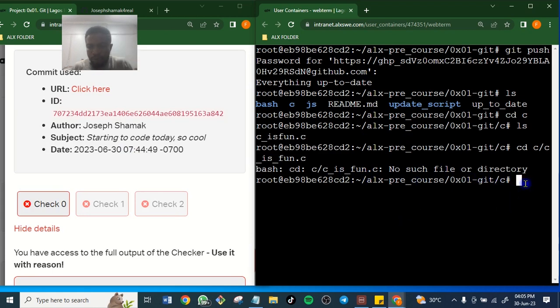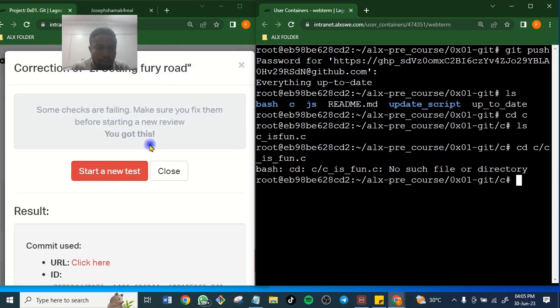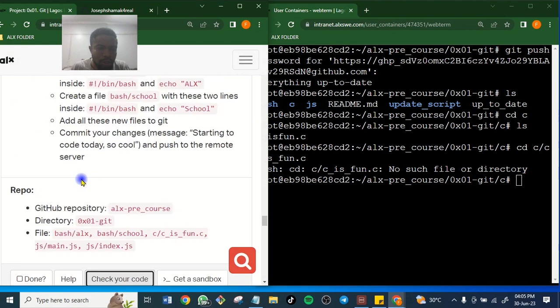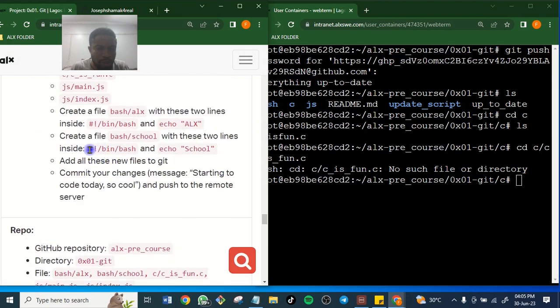I'm trying to see which of the files I have not deleted before. I think I have not deleted this. Okay, all this has been deleted.